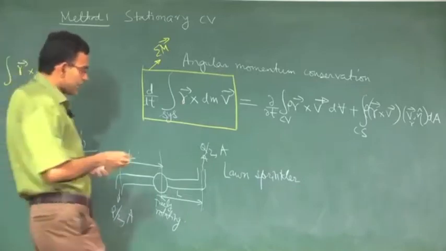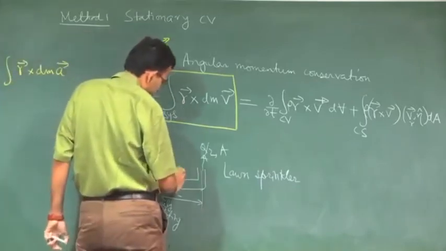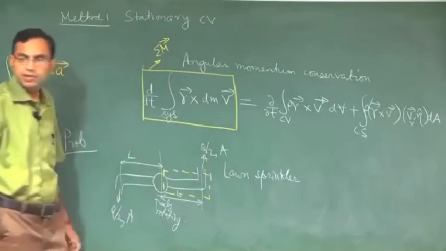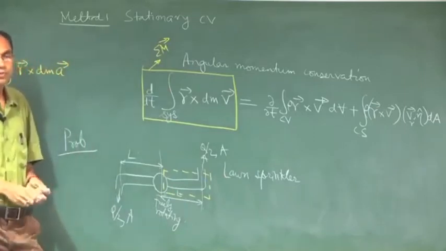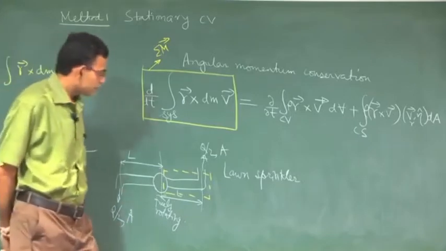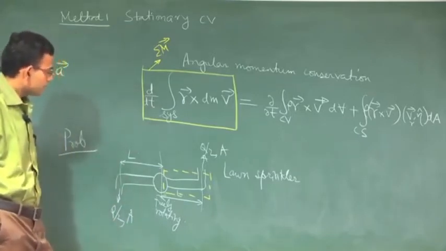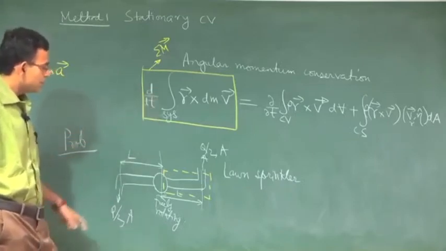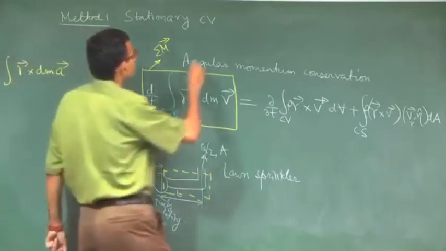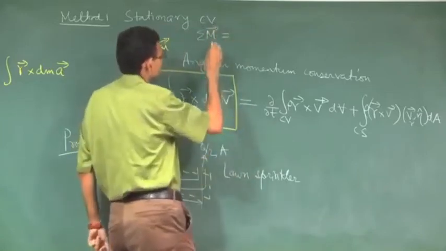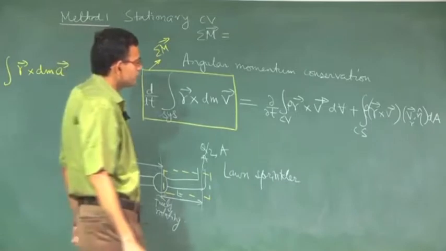So let us consider a stationary control volume, maybe half of the domain we take, because it is symmetric, so we can take half of the domain. So if we take a stationary control volume, this is d/dt of the system, which is the resultant moment of all whatever forces, couple, etc., is equal to